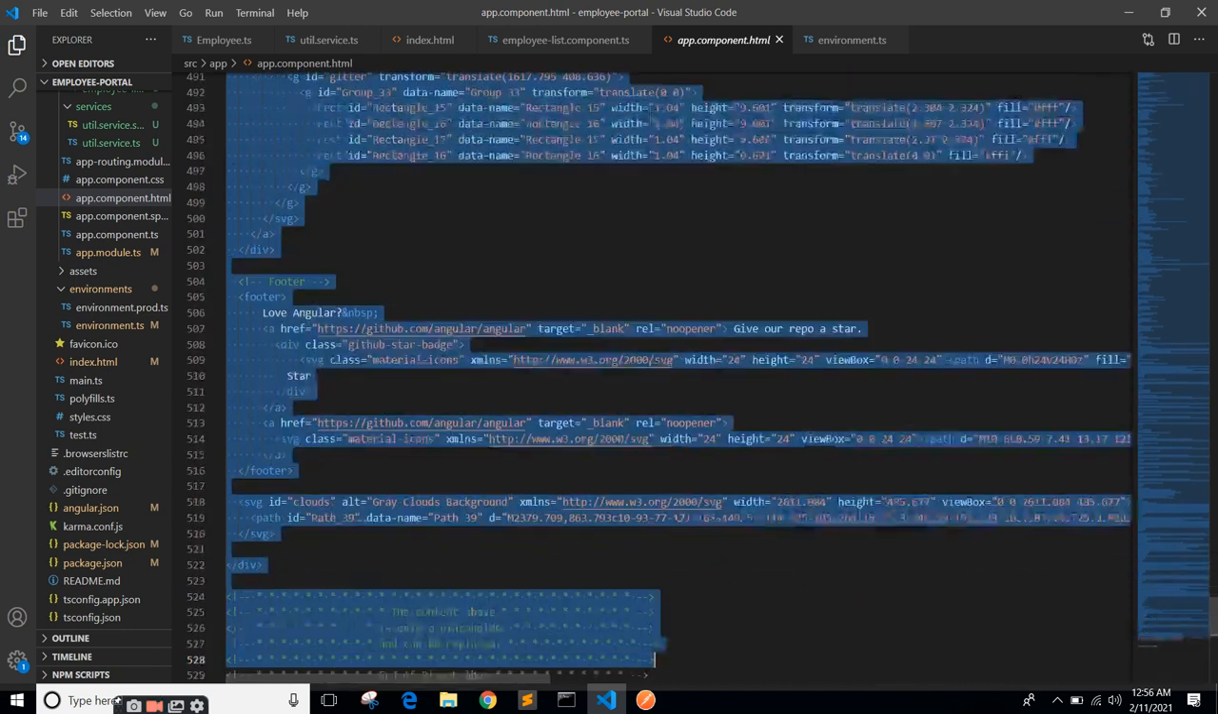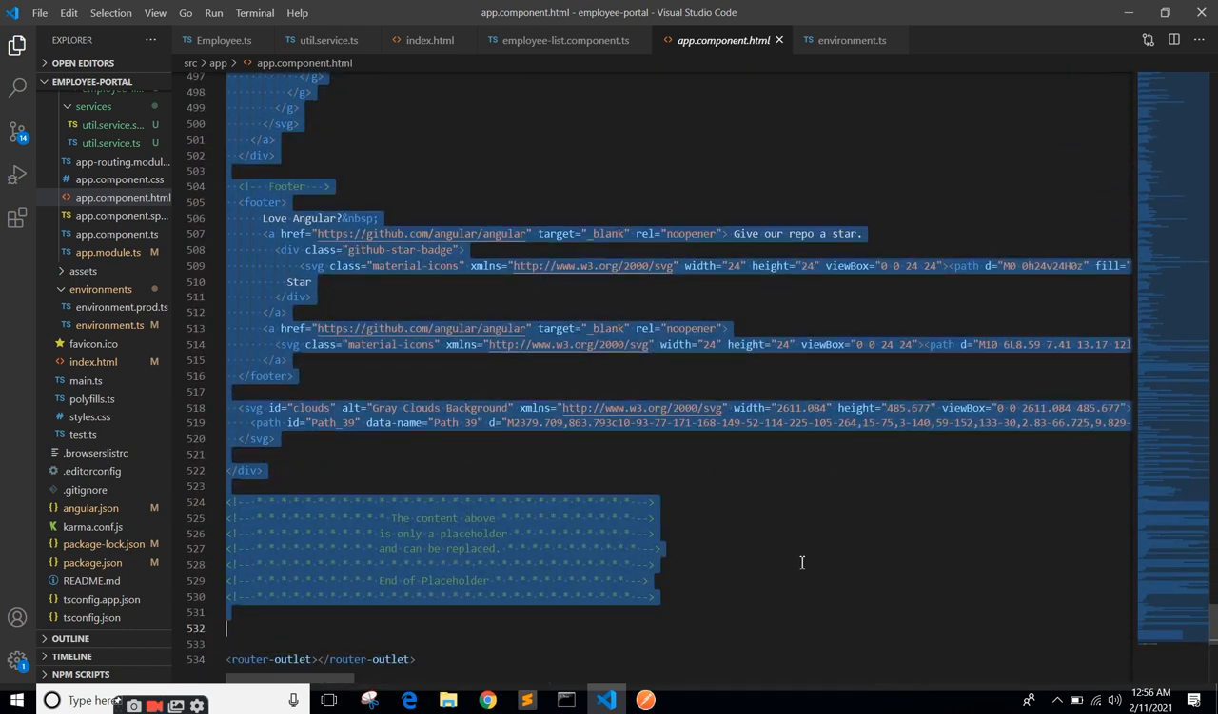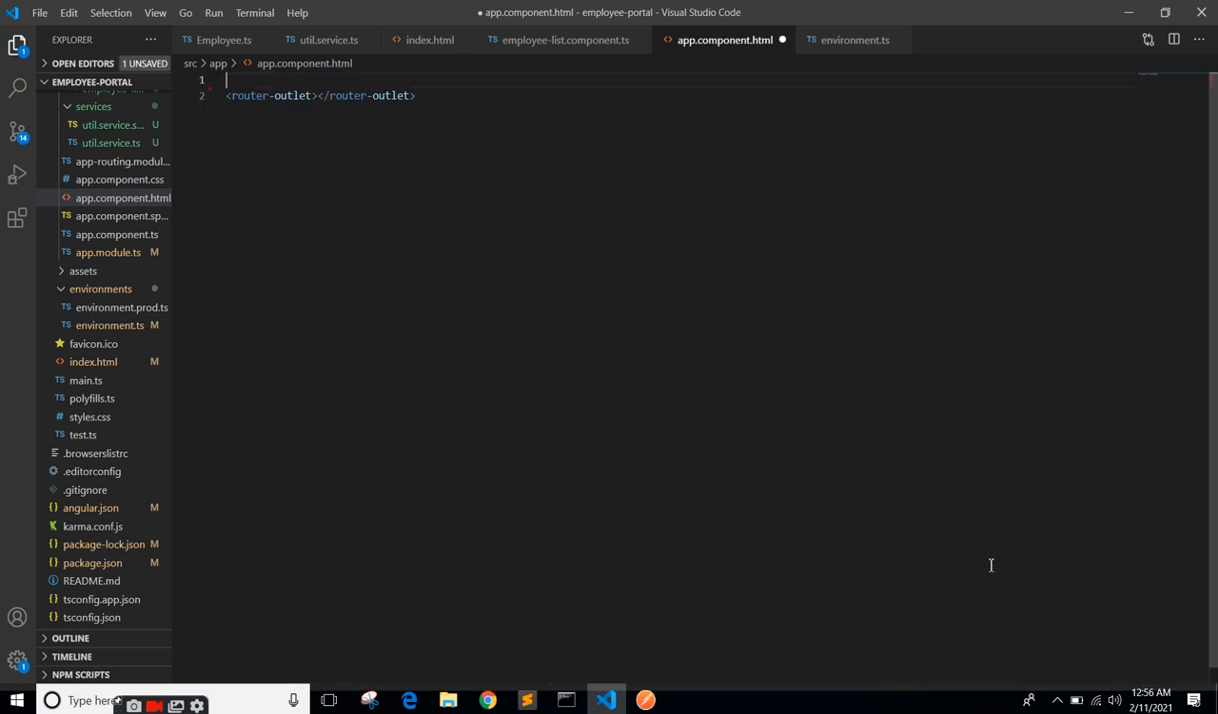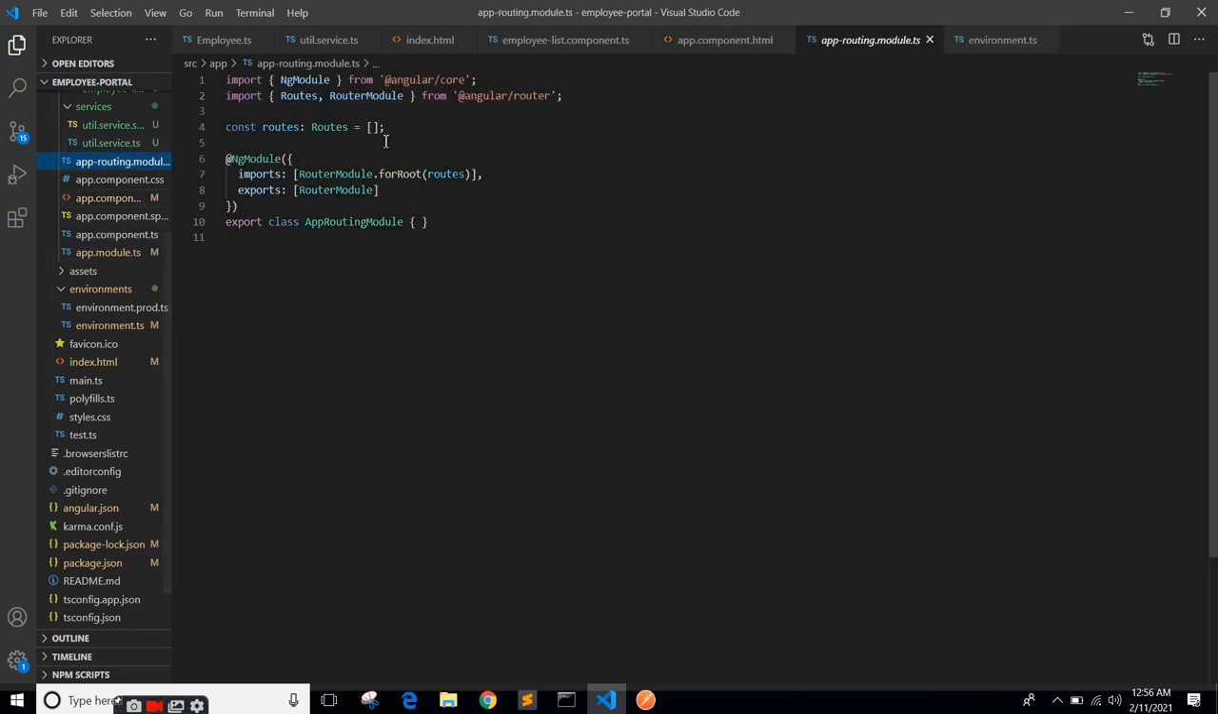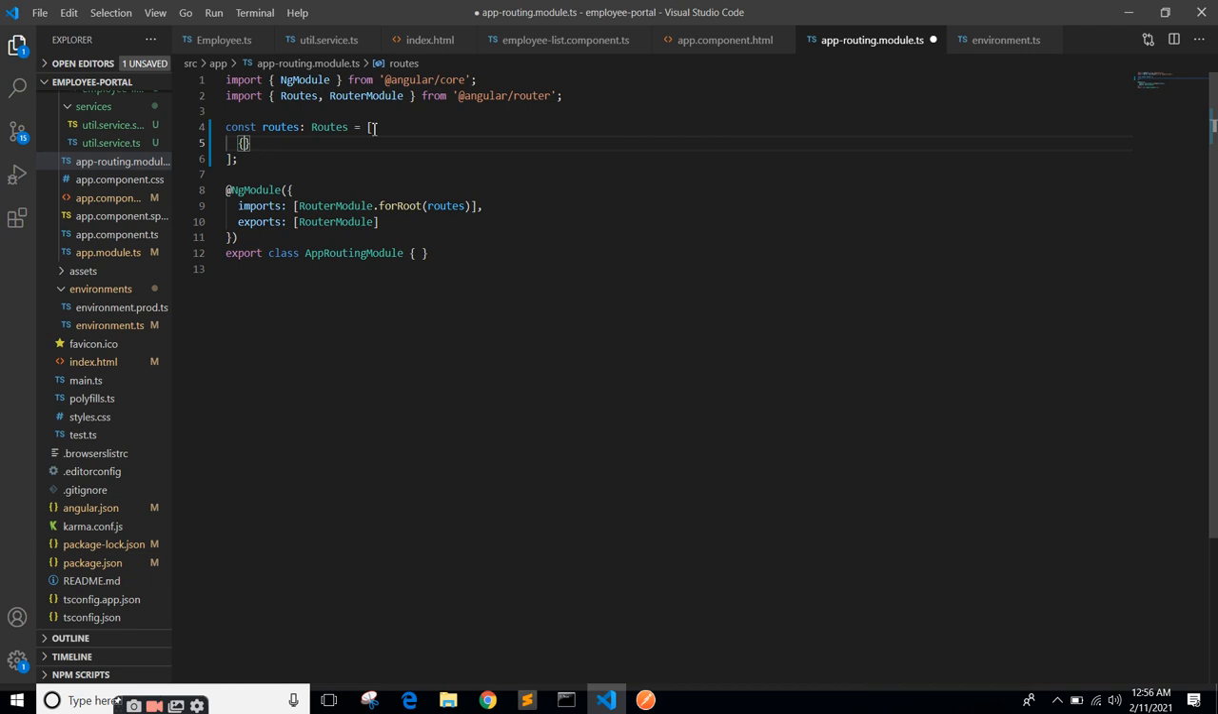So I want to delete this. Okay, delete that. Cool. Now you have just your router outlet. And I want to come to our routing module. This is where you define the routes in your app. Once you define a new object, it takes a path. Path is this root path,